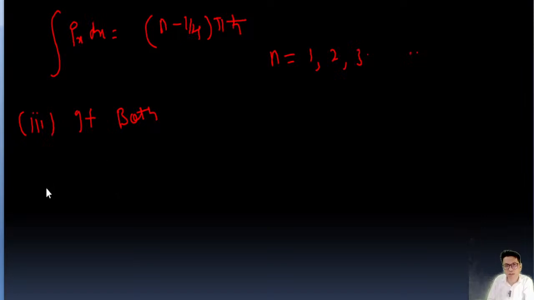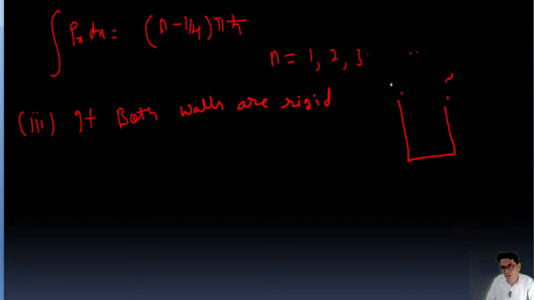Now, the third case. These are very important points, right? The third case is if both walls are rigid. That will be the first case we have solved, right? That is the infinite potential box. Both walls are rigid here, because these are the infinite box walls, and these walls are rigid. Okay, both walls are rigid. In that case,